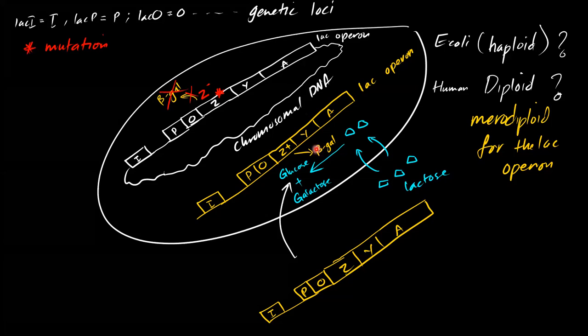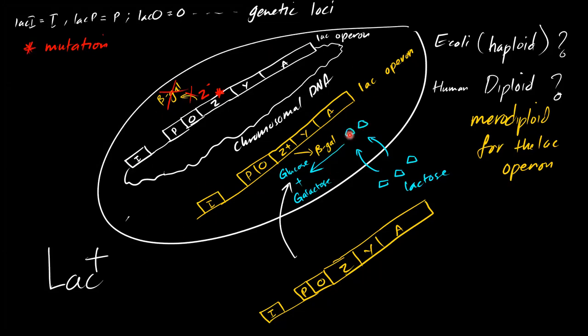So the only active beta galactosidase will come from this wild type copy of the gene, and this wild type copy of the gene is enough to convert the lactose into glucose and galactose, which means the final phenotype of this bacteria is lac plus,